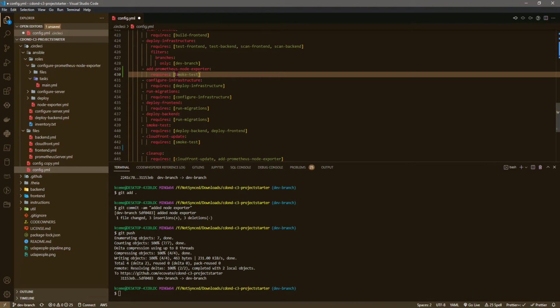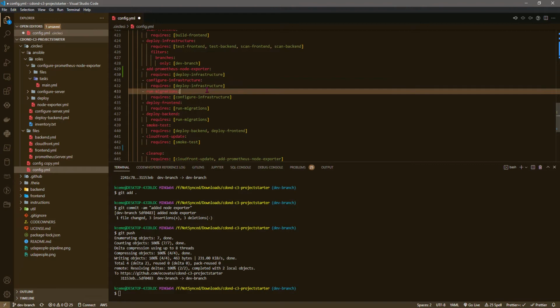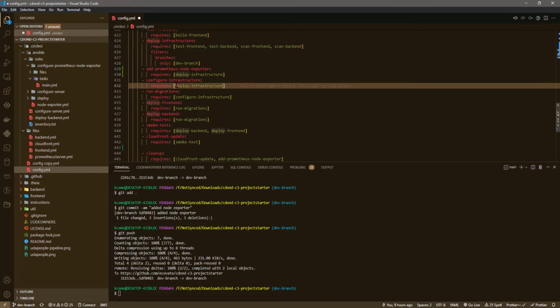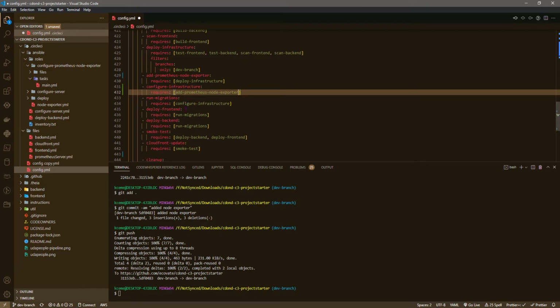But I want it to require deploy infrastructure. Then I can do configure and just say, can they work side by side? I don't want to take the risk. I want to add Prometheus node exporter, and then run migration can require configure, and this can require migrations. Okay,